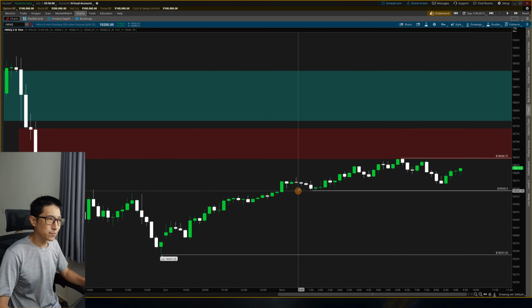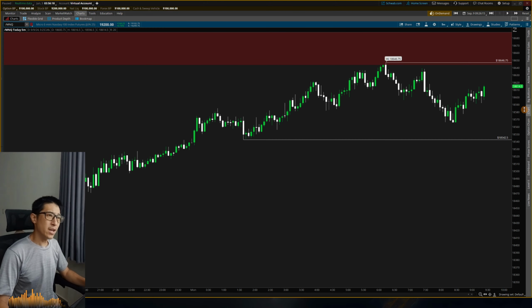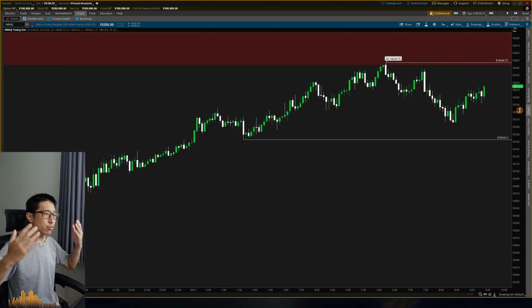15-minute chart. Yeah, I'm not really seeing much structure here, so going down here, I don't know if we are going to take out this low. We do have a little gap here as well underneath this swing low, but we may just create relative equal lows or some kind of structure to work off of throughout this week. But right now, there are no big ranges to work with.